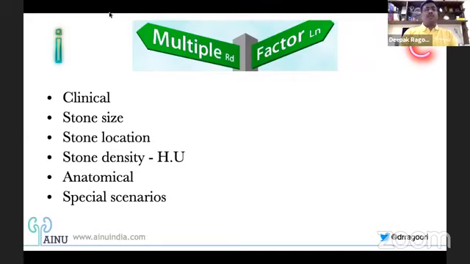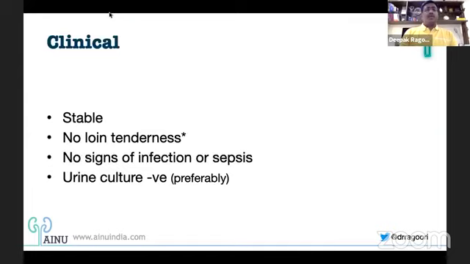We'll go one after the other to see what are these factors that play a role in how we decide a case. Like we all know, any stone surgery, when you are posting for a flexible ureteroscopy, you would want the patient to be clinically stable. There are no local signs of tenderness, which would primarily indicate a sign of pyelonephritis or maybe an abscess kind of a thing. So you wouldn't want acutely tender loin and no signs of infection or sepsis preferably. And yes, again, when I say preferably urine culture negative, I will highlight on this point why I've said that